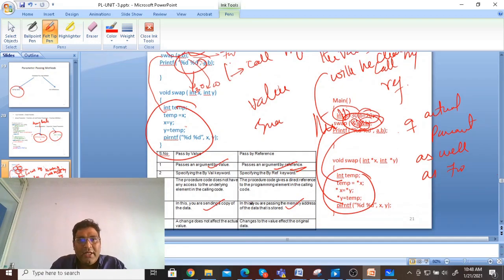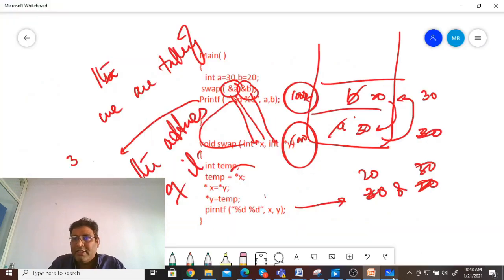Remember one thing, the change does not affect the actual parameter. The change to the value affects the original data. Yes, the original data will be affected. The major point we are going to discuss in this one is that